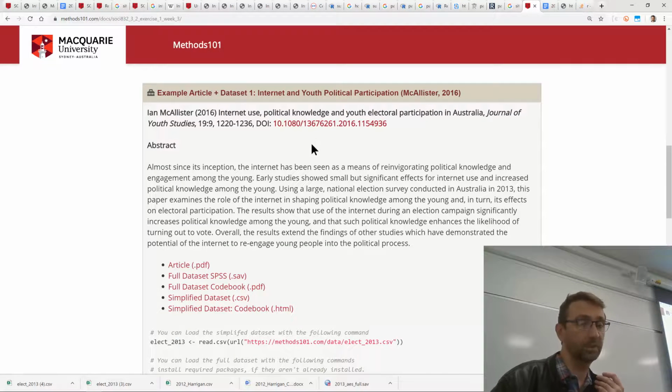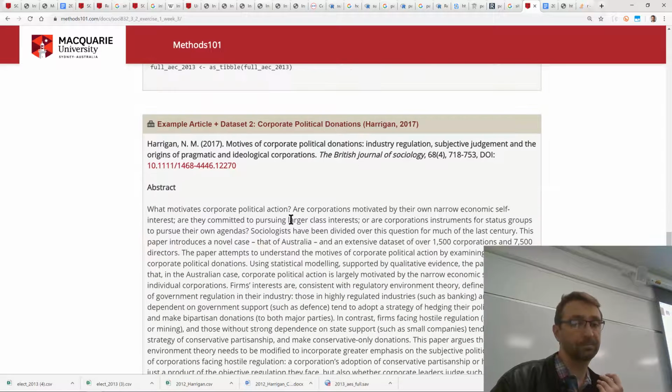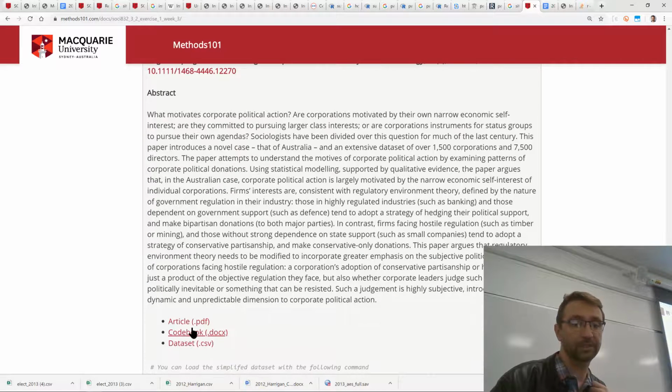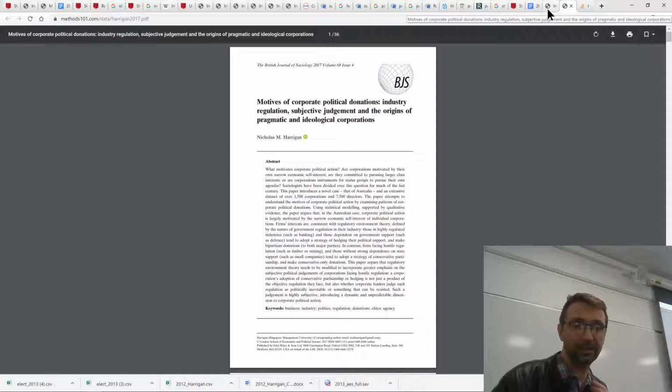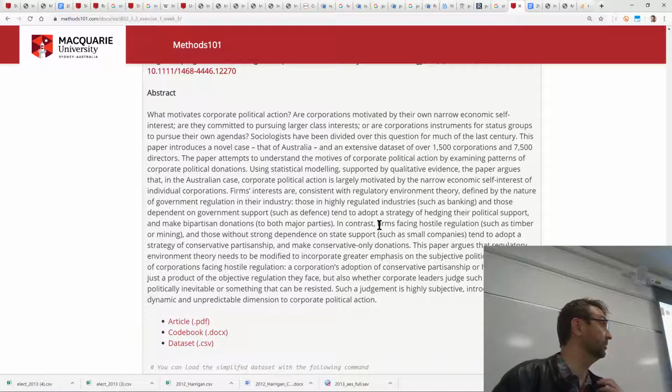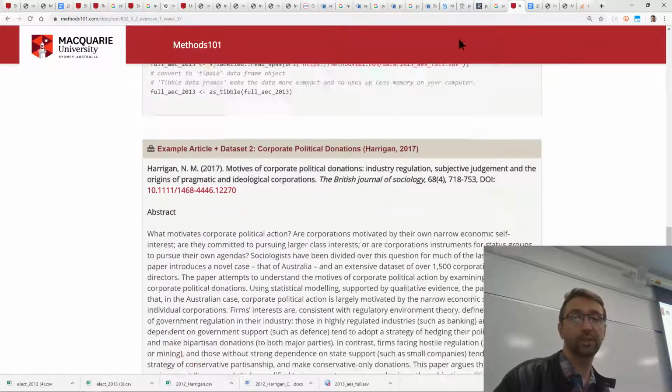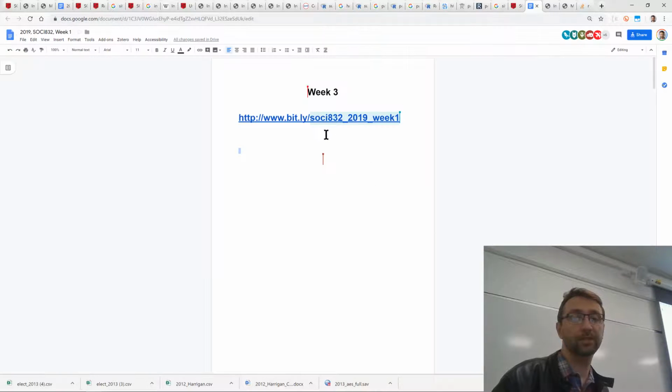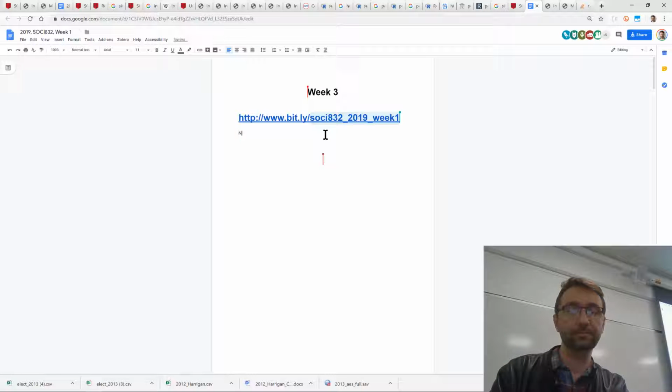This is the McAllister one you know about. This is my PhD thesis that got published 10 years after my PhD. Both of them have regression models, all the rest of it. In the next exercise, we're going to experiment with downloading the data sets and playing with the data. But for now, maybe you can just write your name,